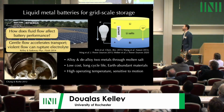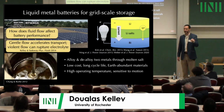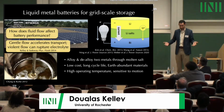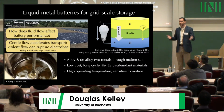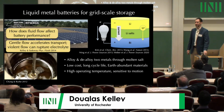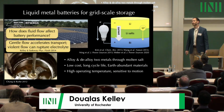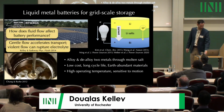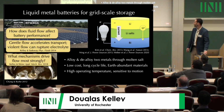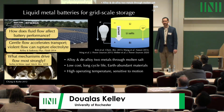One short answer is that gentle flow accelerates transport, which is good because it allows you to charge and discharge batteries more quickly, prevents side reactions, and so forth. But violent flows can rupture the electrolyte and trash the battery. And it's worth thinking about what mechanisms